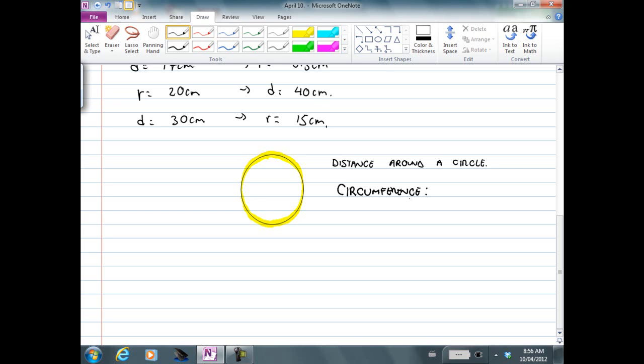Next $1 million question. Hands up if you can tell me what the formula is for the circumference of a circle. Pi times the radius? Pi times radius is close. Not pi times radius. You're pretty close, but you're giving me the wrong formula. That's called the area of a circle. Diameter times pi is correct. So here's the formula. I'm going to write down C equals